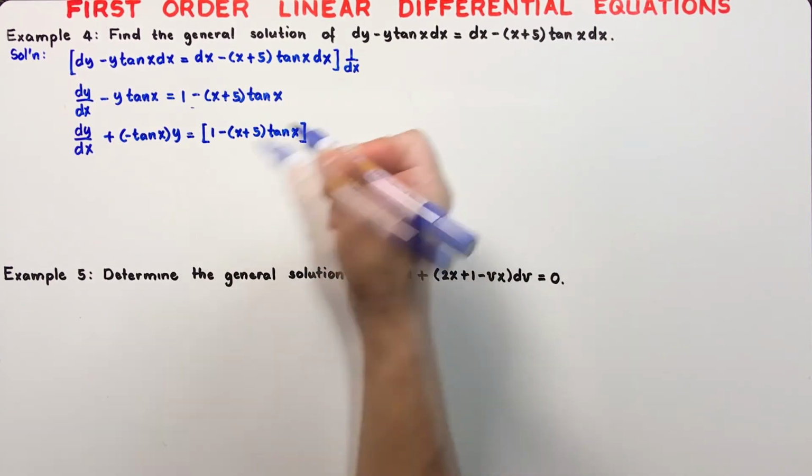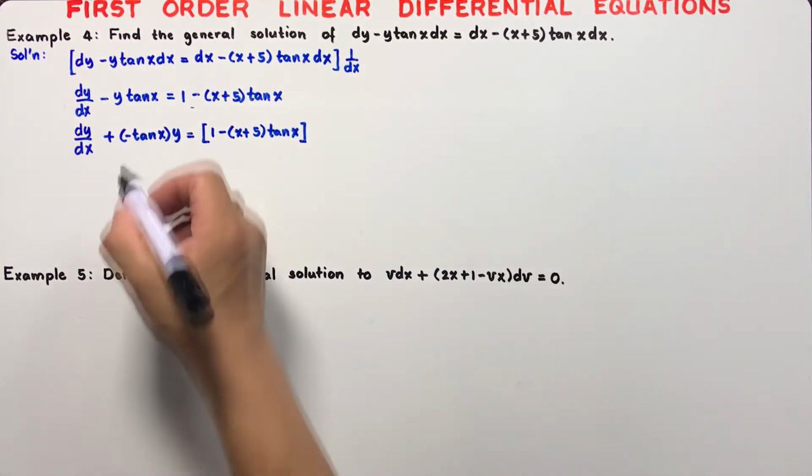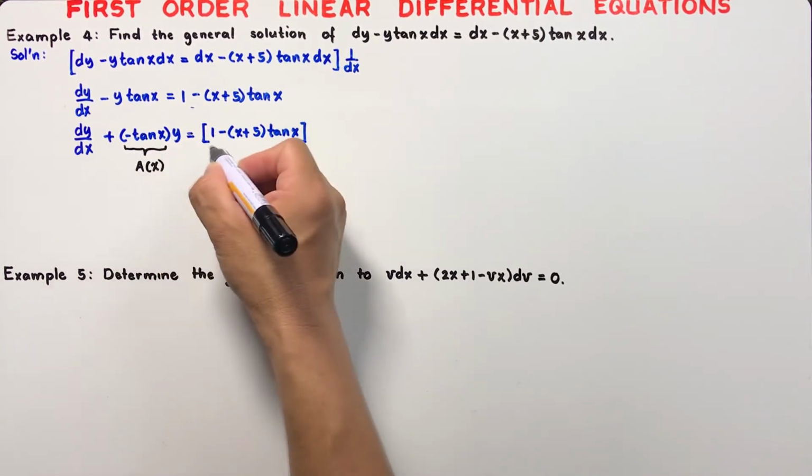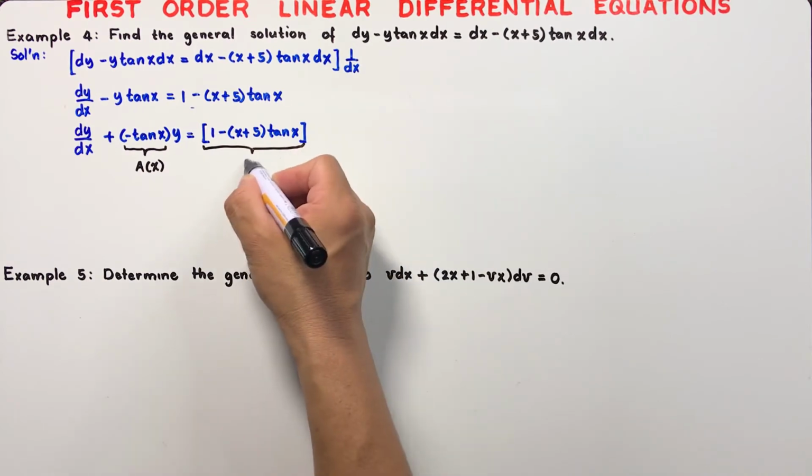So we understand that this is our a of x and this is our b of x,